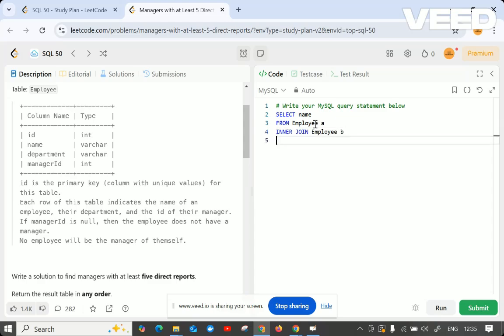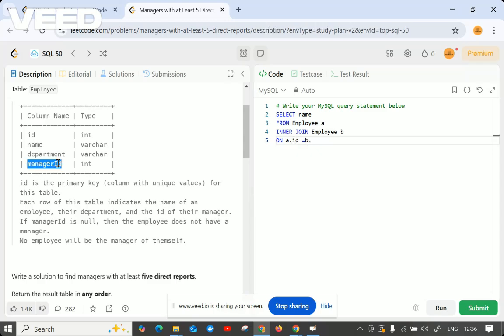So now you understood, right, on what condition I will be drawing this join, based upon the ID. So IDs will be the point to join both the tables. Okay, so now on E dot ID is equal to the manager ID, right? We are separating the manager ID because that is the only repetition part which we'll be having here. So now B dot manager ID.